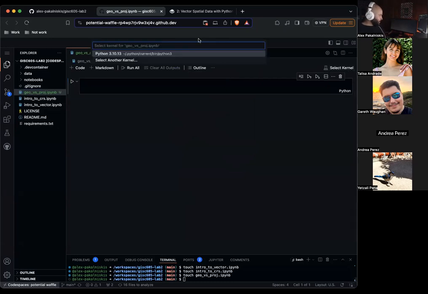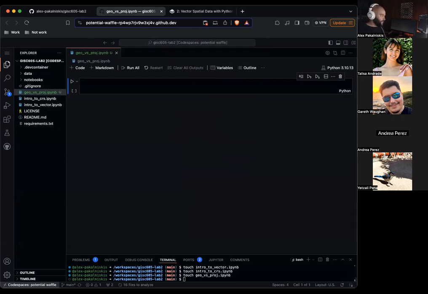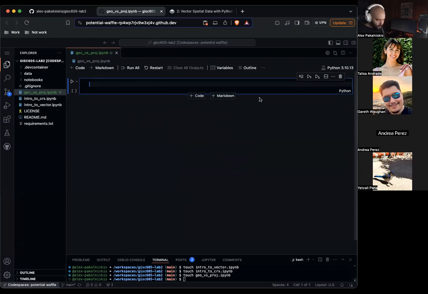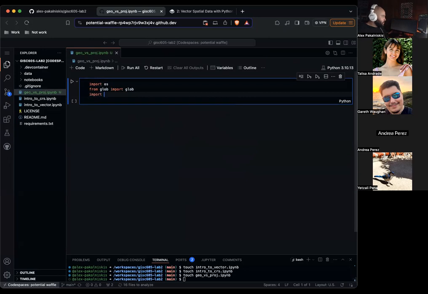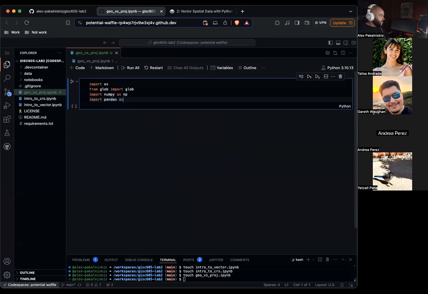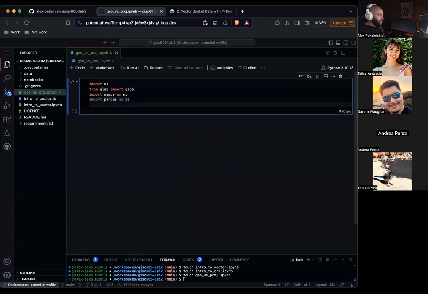So let's select the Python 3.10.13 kernel and jump in. Import os, from glob import glob. The one you might not be familiar with is glob. It's a way to list and filter for files that match a certain pattern.